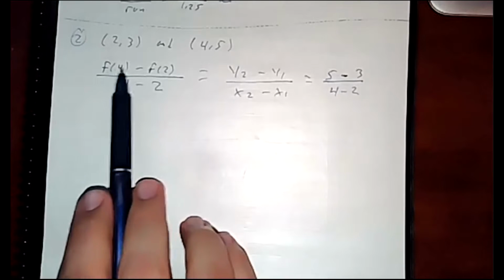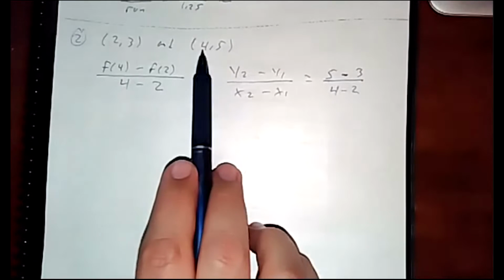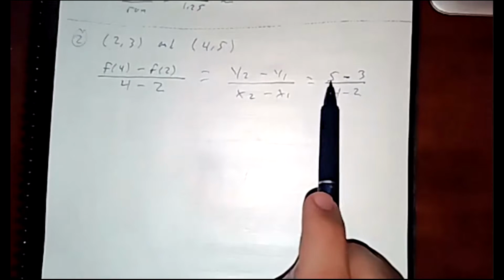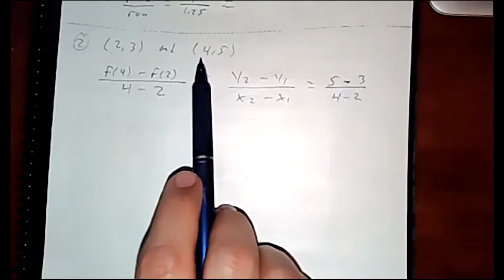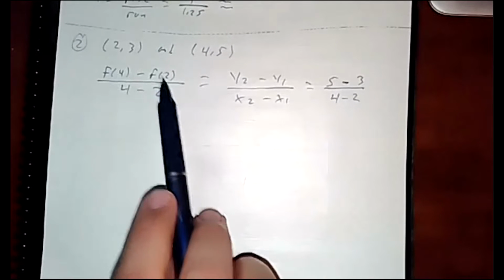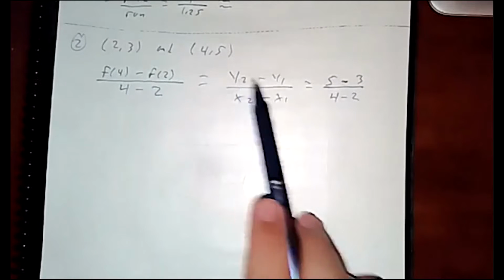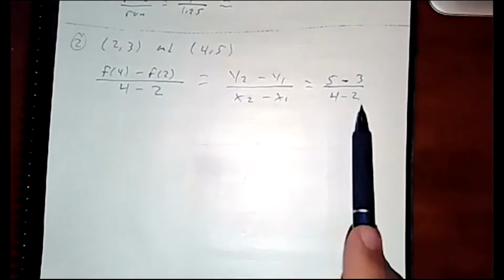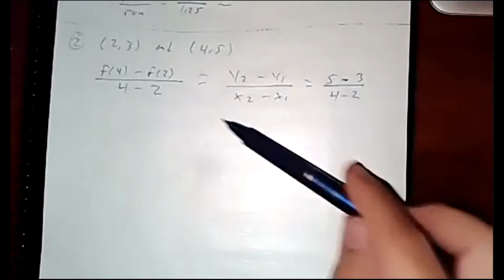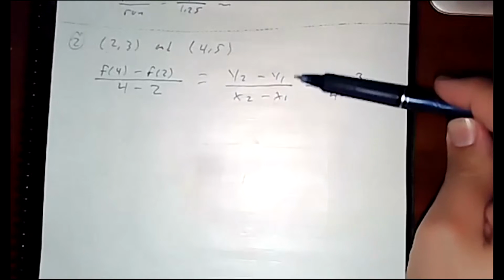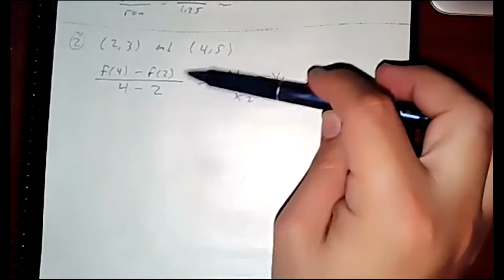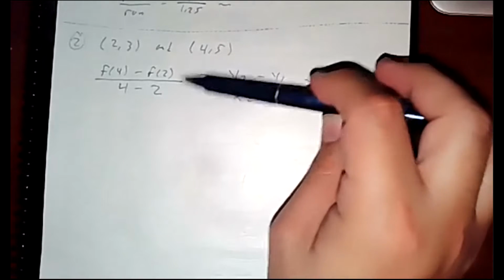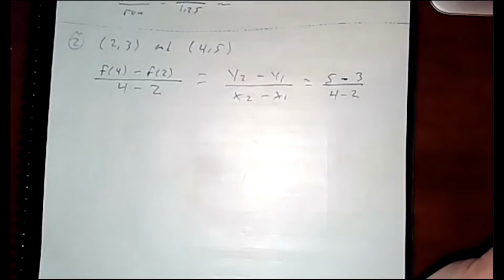Right, so f of 4 means plug in 4 and see what you get. Well, we already have the point, so it's 5. Plug in 2 into the function, you get 3. So it's actually 5 minus 3 for the y values, and the x values are 4 minus 2. So going back to high school algebra, we had this notation. College algebra, and maybe before that, we had functional notation. Okay, so they're asking,